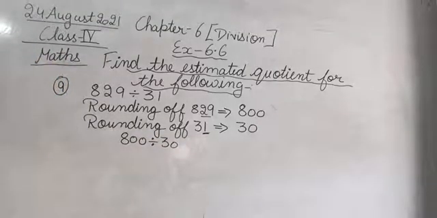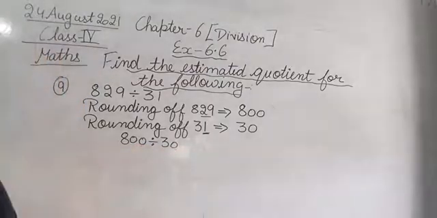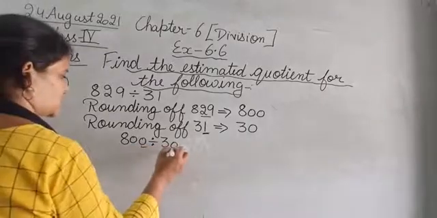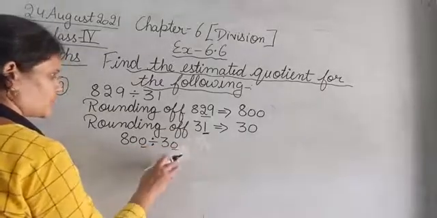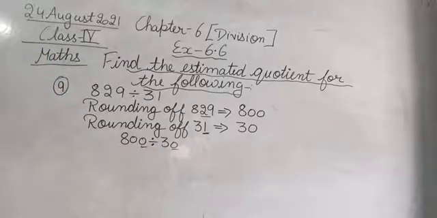800 divided by 30. So now again we will take this. Okay, तो देखिए इसमें we are having 2 zeros, here we are having 1 zero. So we will pick out the common zeros. So इसमें से 1 निकाल देंगे, इसमें से 1 निकाल देंगे, because इसमें 2 है, इसमें 1 है. So the thing that is common we will pick that out. जो कॉमन जीरोस होंगी, नंबर ऑफ जीरोस होंगे, हम उसको निकालेंगे. ओके, सो 1 यहाँ से 1 यहाँ से.